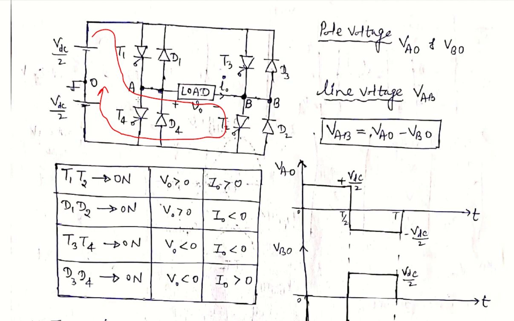So in this case both the voltage and current are positive, because we follow the reference polarity, which is the same as for T1 and T2. And for diodes D1 and D2, what is the path for the current to flow? As we all know, diodes allow current to flow from anode to cathode. So if the diodes D1 and D2 are conducting, then the current will be flowing like this. So in case of diodes D1 D2, the current has a path like this.